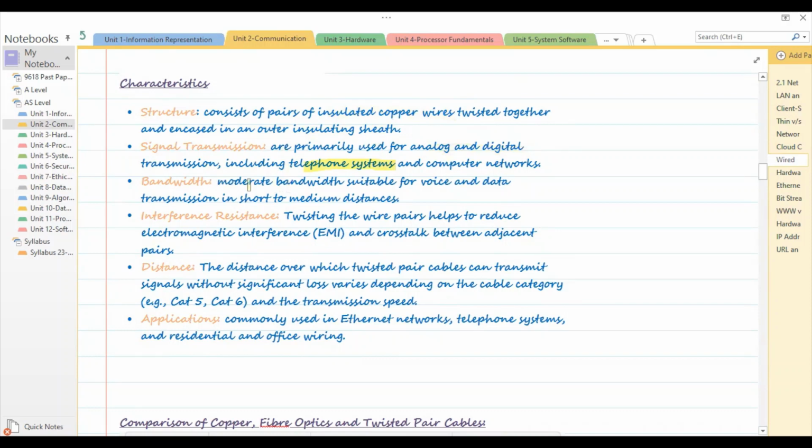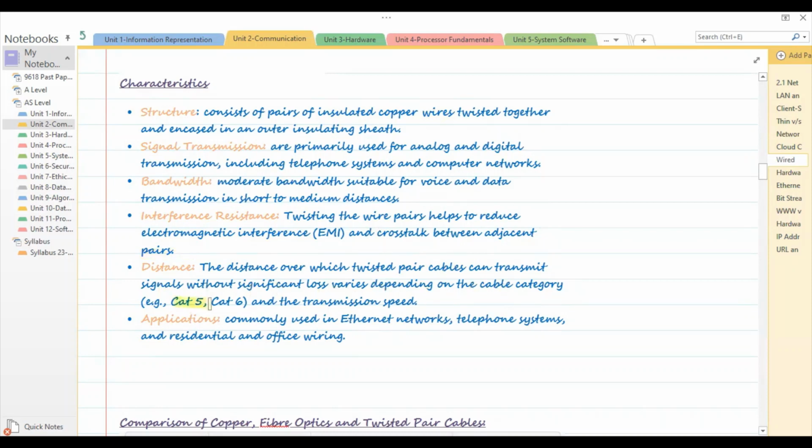Bandwidth: moderate bandwidth, suitable for voice and data transmission in short to medium distances, not for longer distances. Interference resistance: twisting the wire pairs helps to reduce electromagnetic interference and crosstalk between adjacent pairs. The distance over which twisted pair cables can transmit signals without significant loss varies depending on the